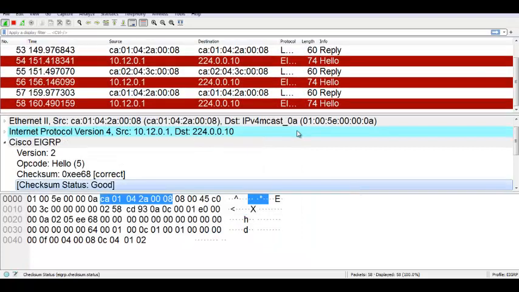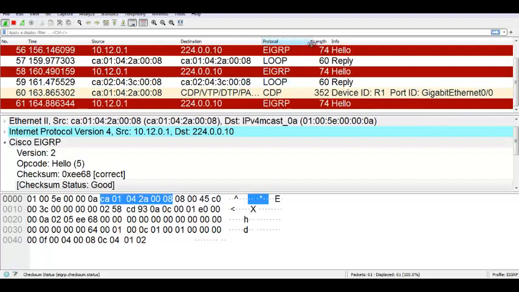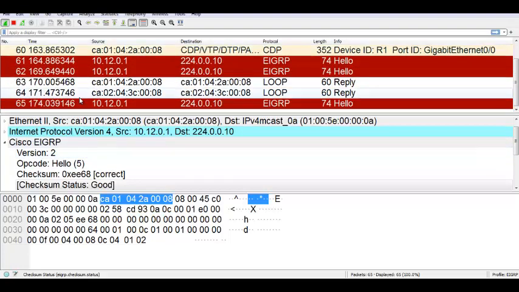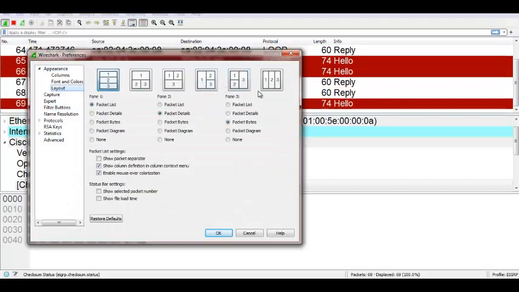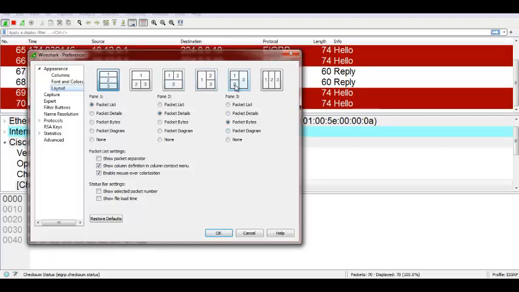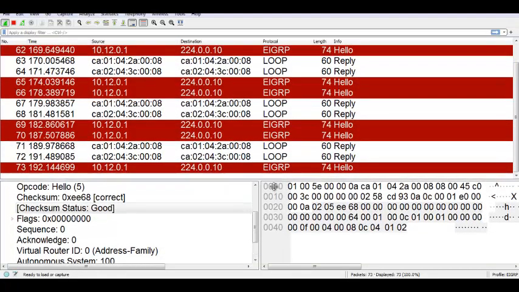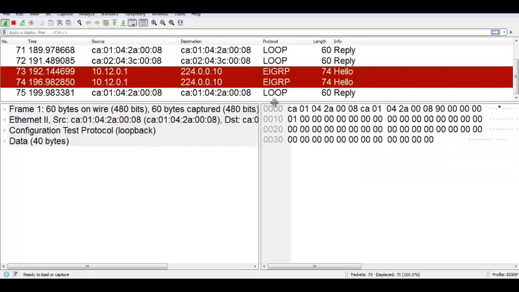Alright, I like this size. Next thing is I don't like this layout. I like this. Fine, now